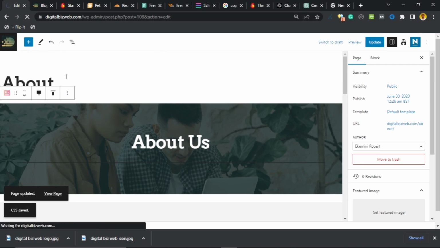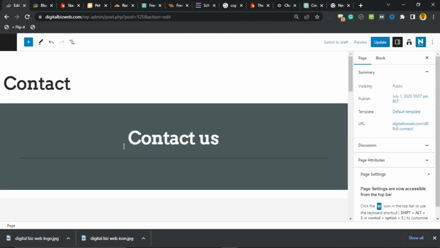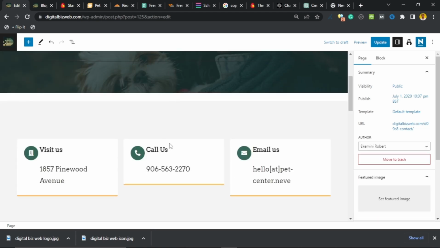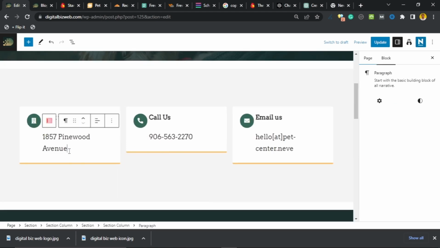So I'll go back to my list of pages. Then I'll make changes to the contact page. Now these are the important pages that you need to set up on your blog website. Okay, contact us. This looks good. You can always change that image, but if not, you just want to go down there. Do you love what's here? You don't have a problem,